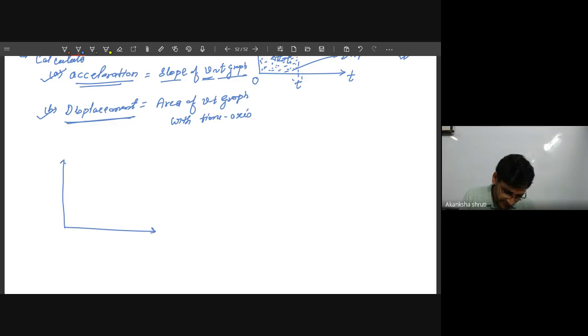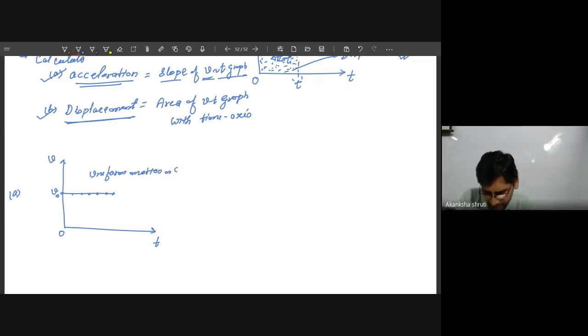Student, we have also learned that if the plot is like this one, this is velocity, this is time, it is this one. What does it mean? It means the object is moving with a constant velocity, maybe u or maybe v0 itself. Means the object is in motion. In this case, the object is in motion because it is the velocity itself it is representing. Means the object always has this velocity v0. So therefore, this is uniform speed or uniform motion or speed.